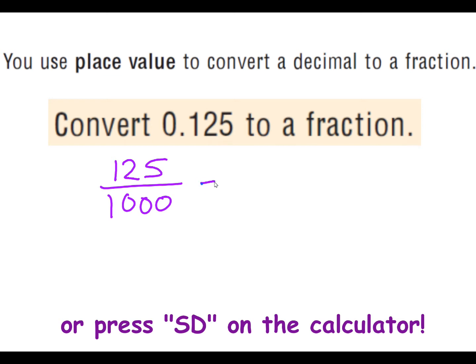And now we can do our simplification. What number goes into 125 and 1,000? Well, I know 5 divides into both of them. So 125 divided by 5. 5 goes into 12 twice, remainder 2. 5 goes into 25 5 times. So I end up with 25 over